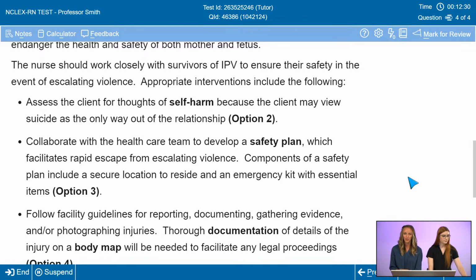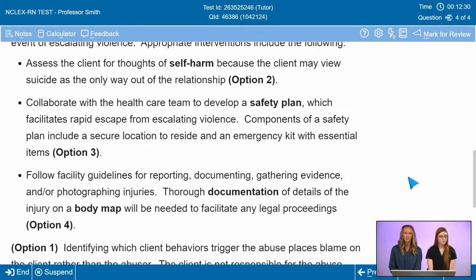With all these mental health topics that we've discussed, safety is always the priority, as with mental illness, it's usually an ever-changing landscape of whether the client is safe or not, and so it's important to continually assess this. So for this question, we're going to assess the client for thoughts of self-harm, as many times clients may think that suicide may be the only way out of their relationship. And even though this is hard to think about, it is something that can happen, and so we need to make sure that we're assessing for the client's safety at every interaction that we have with them.